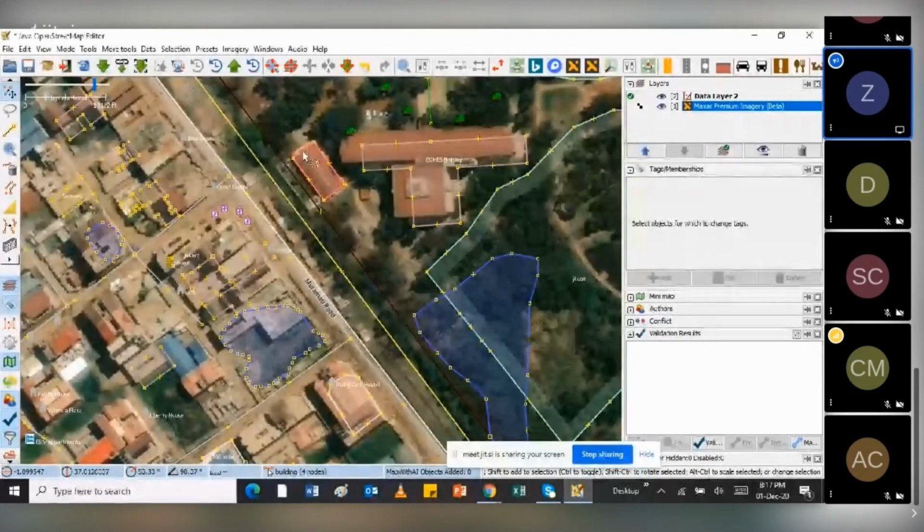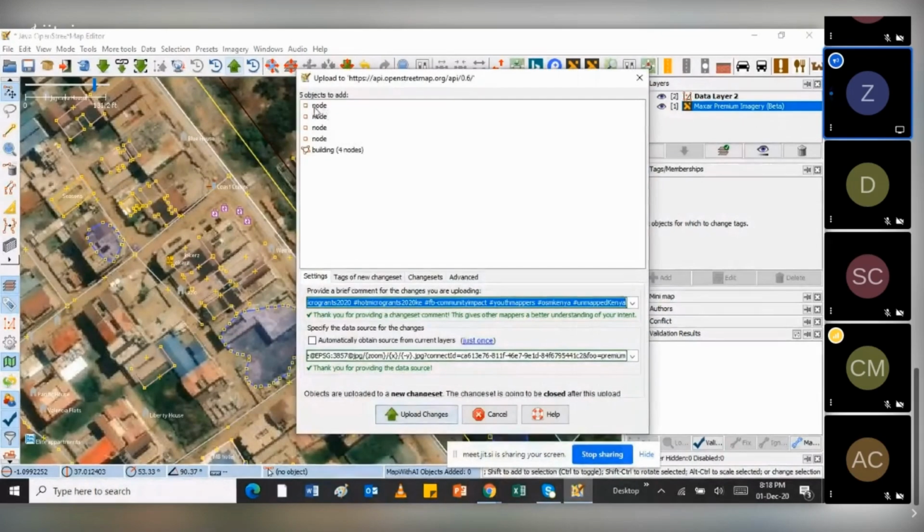So I can just click on upload. I'll assume this is the entire work that I've done. So I'll just click on upload. Then it will show that I've added four nodes and a building. So it also counts the nodes. I'm showing that on the corner, I've added the nodes.